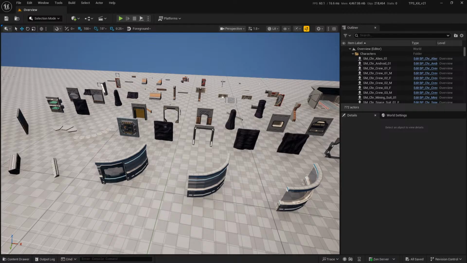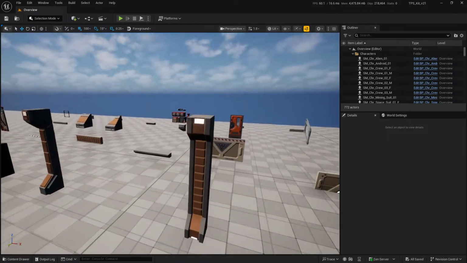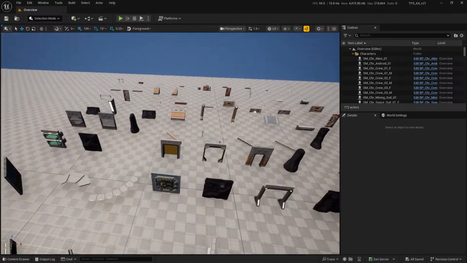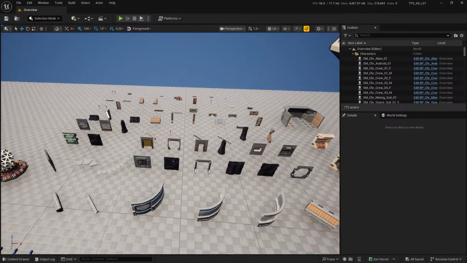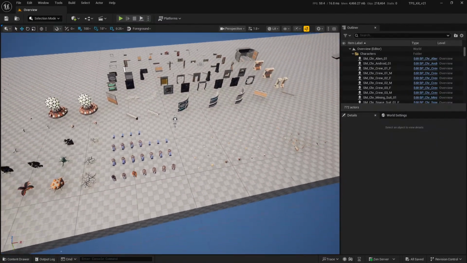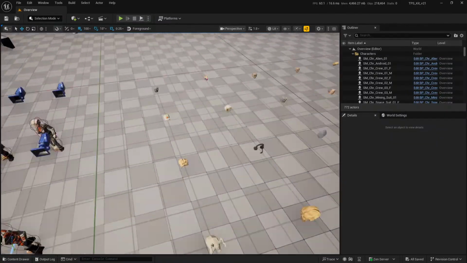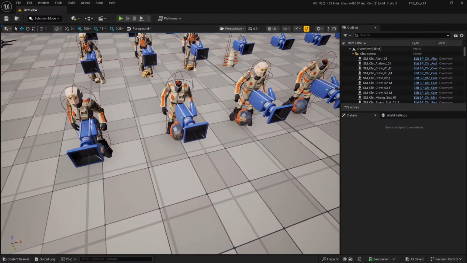It's very easy to just be like, all right, cool, there's a load of stuff here. What's this? Oh, we've got this pillar, we've got another pillar. But actually if we looked at this, there's pillars there, there's a pillar over here, there's a pillar over here, and it's quite easy to get lost in what my different options are as I'm building this out. So, let's have a little look at what we've got. This little section over here, I'm just going to slow down the scroll a little bit. This little section over here,